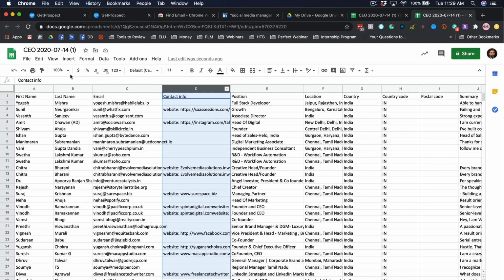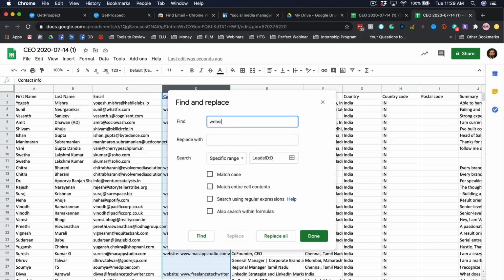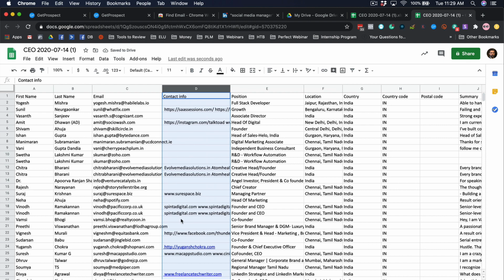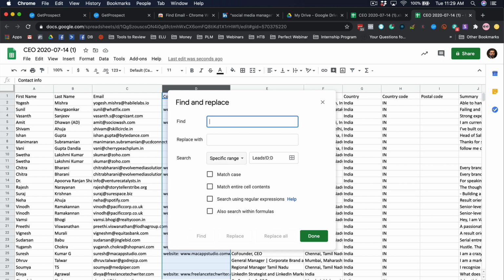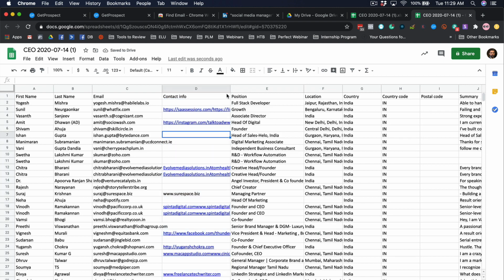then I can just do a find and replace. So I will go to find and replace, and I will just say website semicolon, replace with none, click on replace all, and then all the website semicolon will go away. So this will help you clean the entire thing. And in fact, I will just do it with website semicolon space, click on replace all. So here now you can see the raw links without the website semicolon.